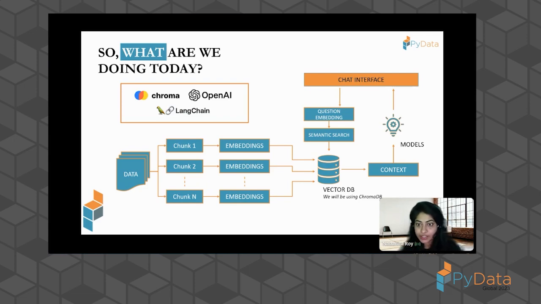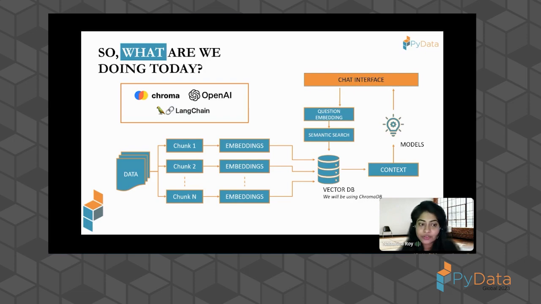Okay, I don't see any questions, so I'll start explaining what we're doing today. Like I said, the first thing that we need to do is convert all our data into a format that the models, the LLMs, can use. The fundamental of machine learning is converting everything that you have into a digestible numeric format that any kind of model can read and understand, because it's all a game of numbers under the hood.